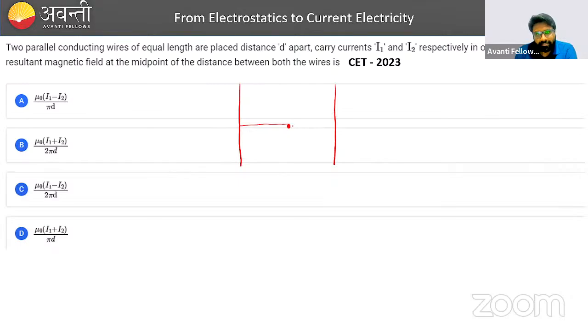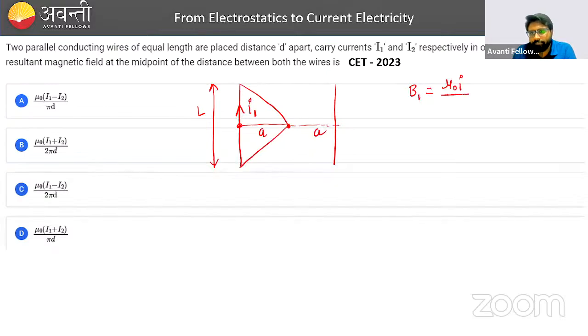Let's say this distance is a, this distance is also a, and this distance is L. So that point is at L by 2. If we connect it here for this wire, let's say I1 is flowing inside, so magnetic field will be developed inside. So B1 is nothing but mu naught I1 upon 4 pi A into sin phi 1